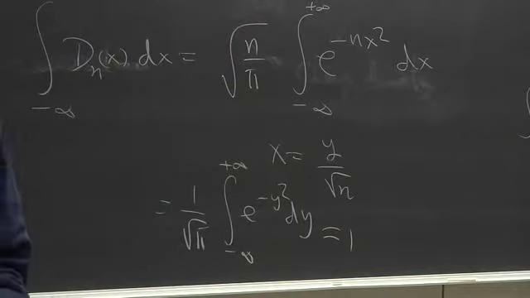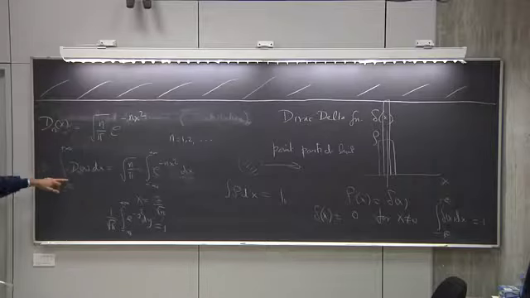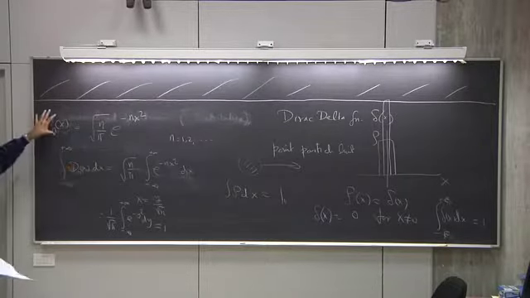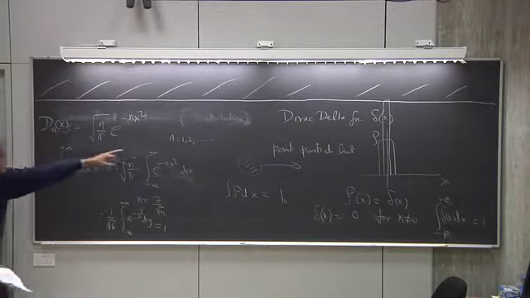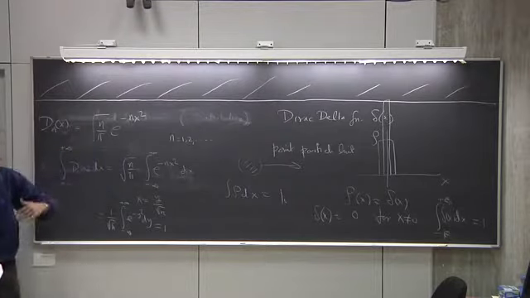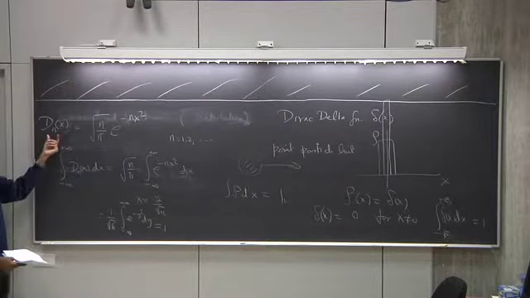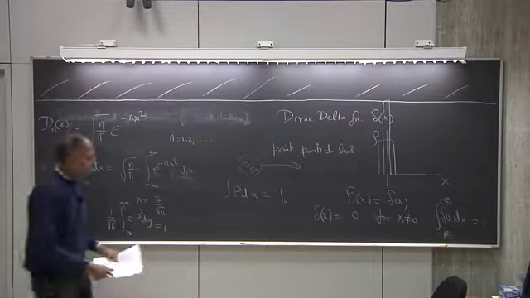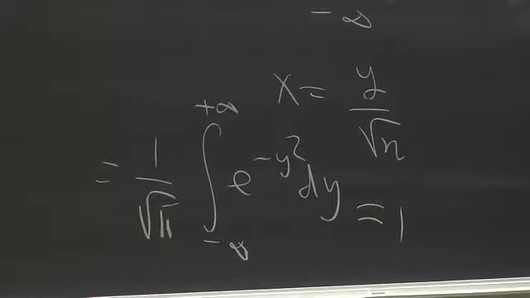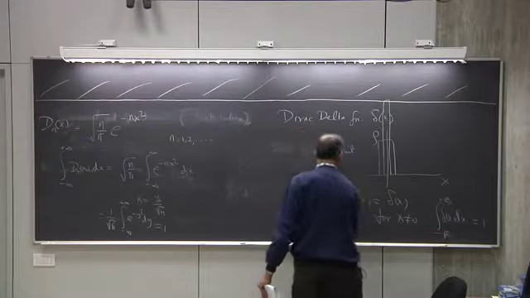So all of these dn's satisfy this equation. The integral of dn for any n is equal to 1. However, now look at the shape. If you try to plot this dn of x